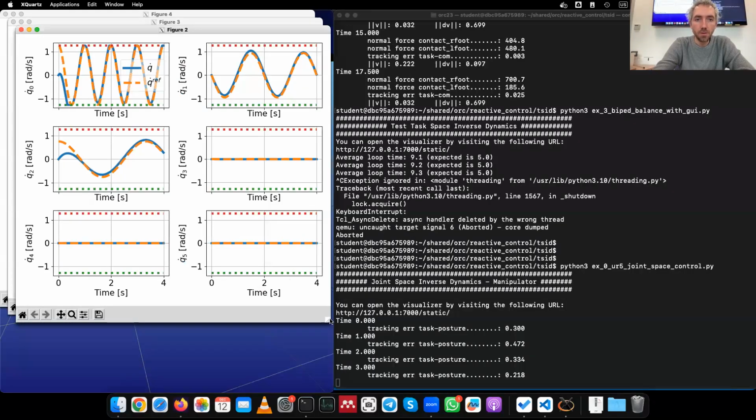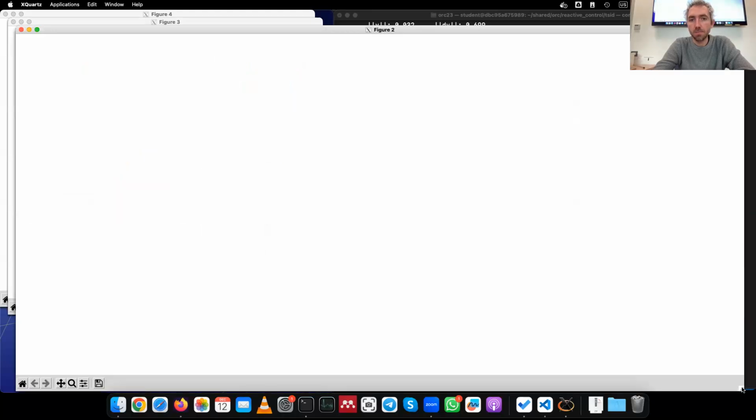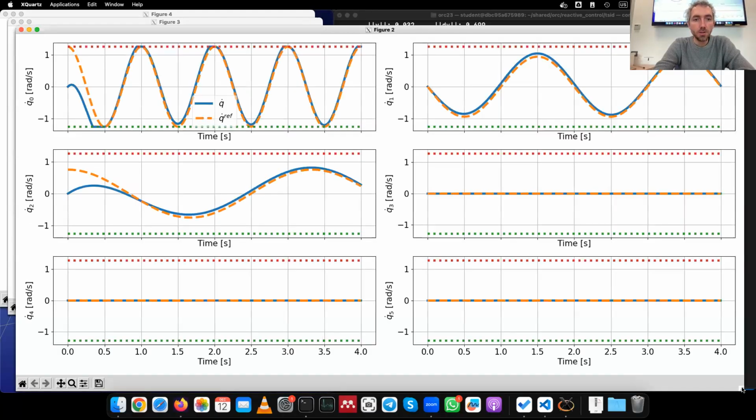We can also take a look at the joint velocities. In the joint velocity plot, we also have the joint velocity limits. We can see them here. There are these dotted lines, red for the upper bound and green for the lower bound. And we can see, especially for the first joint,